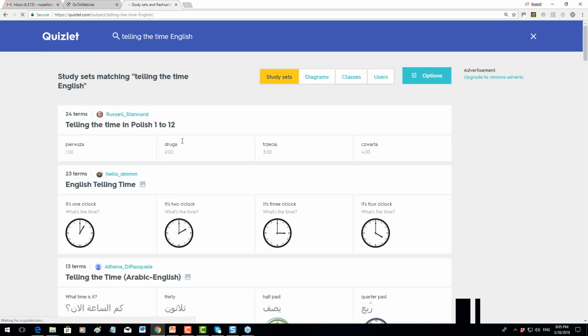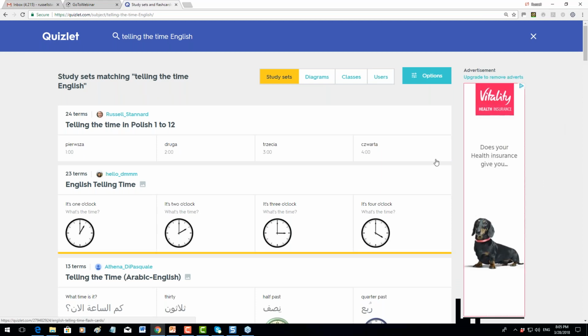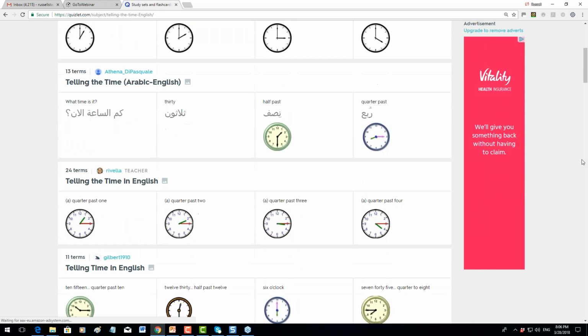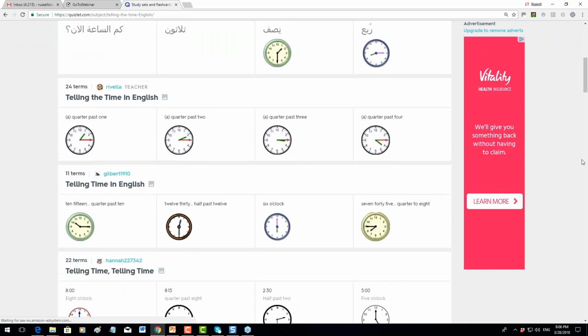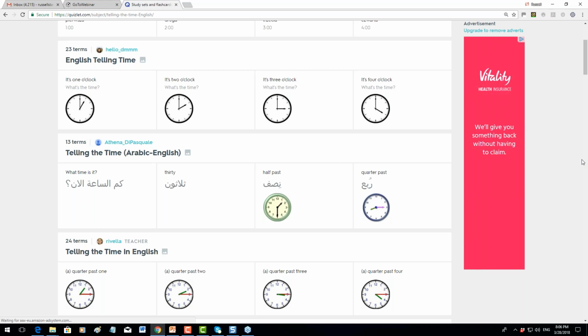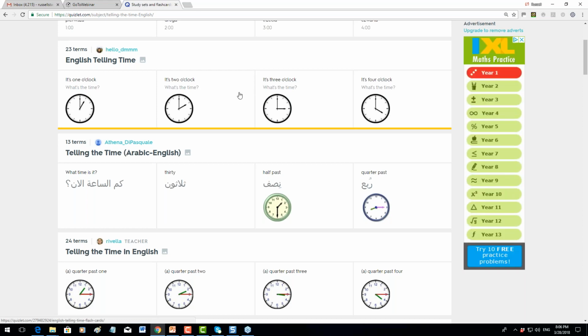Okay, so I'm going to do a search at the top here. What I get immediately is masses and masses of cards that have been produced by teachers, and I can scroll through and look at these cards and see if there are any cards that I'm interested in. So I've got all these different cards that are available. And so the first thing to know when you work with Quizlet is don't reinvent the wheel. One of the biggest time-saving things that you can do is to make use of cards that other teachers have used. And that's precisely the reason why when we work with Quizlet, the idea is that we're producing cards